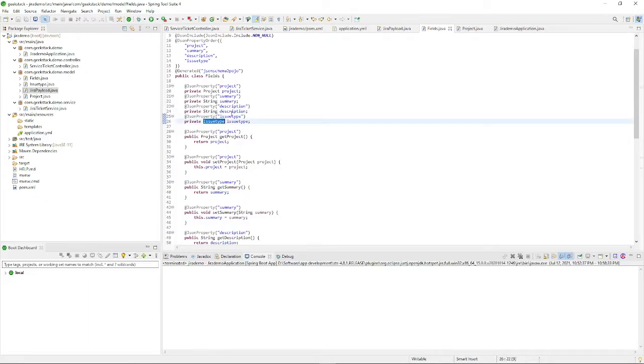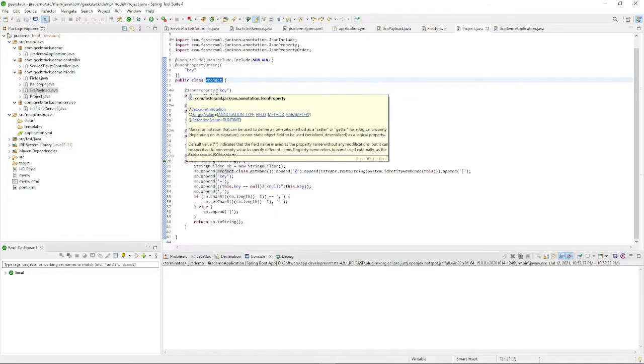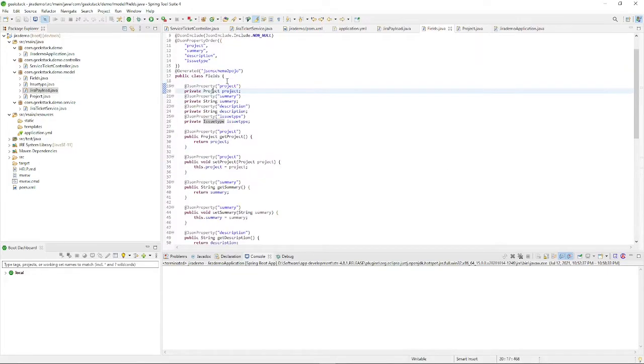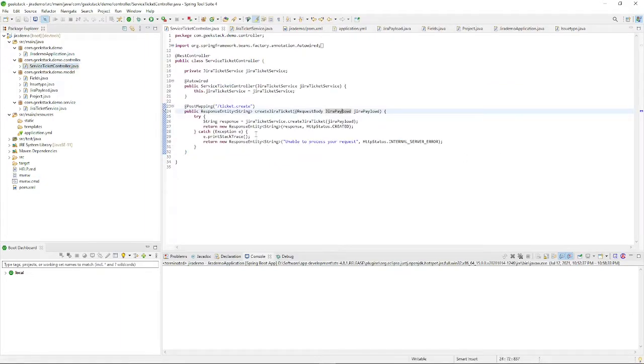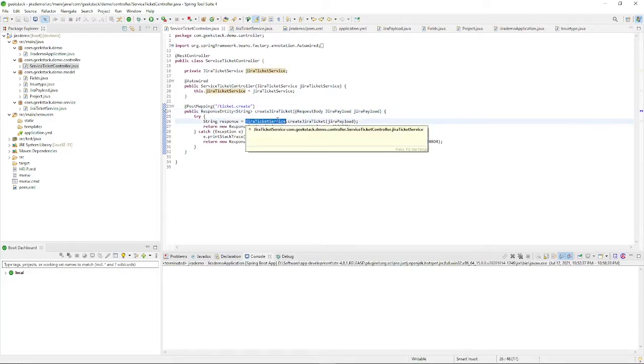If we go to the project class, it has one property called key. Similarly, in the issue type, we have a property called ID. So this is how we generate the Pojo for the payload. And here we are calling this Jira ticket service dot create ticket by passing this payload.